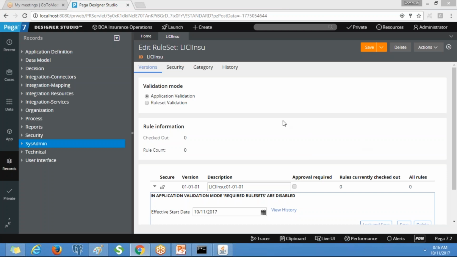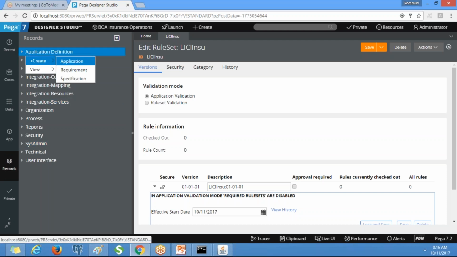Application is available under application definition. Go to the records explorer, application definition, and click on application.